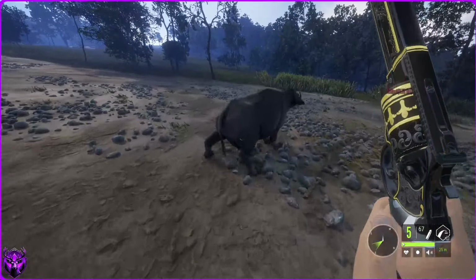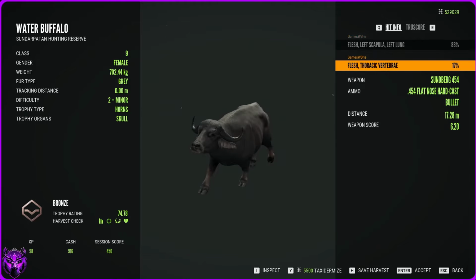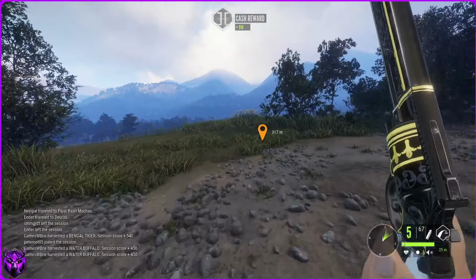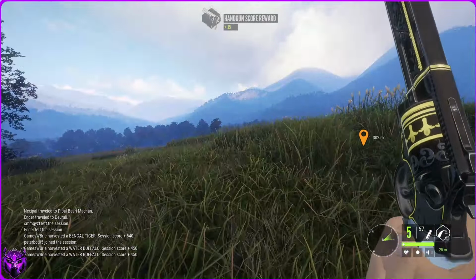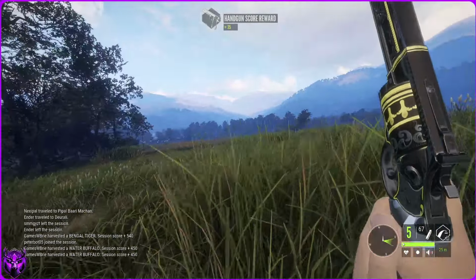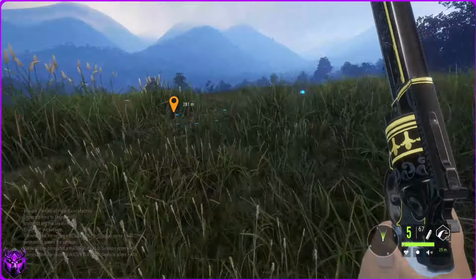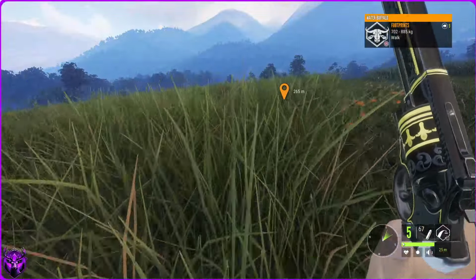Alright, there we go. Yep, left lung and vertebrae. Glad I didn't dome her on that second one. Alright, I'm still going to continue towards the lake, even though that technically completes my objective of getting a water buffalo. Mostly because I still want to go look for woolly hare around this lake. Because if I see them, with how open it is, it should be fairly easy to get to them with